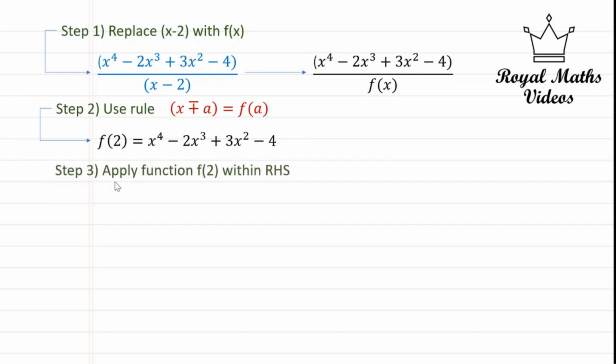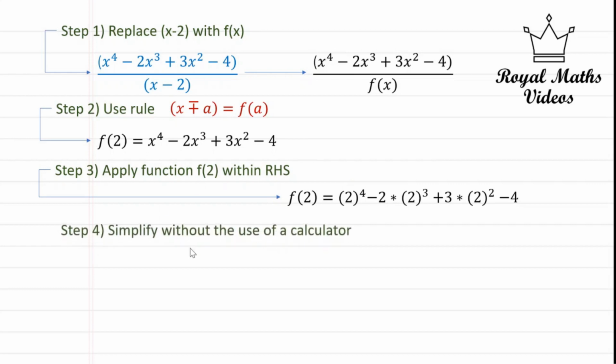So step 3 is to apply f of 2 within the right hand side. So we need to replace all of these x variables with the number 2. As you can see here, f of 2 is equal to 2 to the power of 4 minus 2 times 2 to the power of 3 plus 3 times 2 squared minus 4. So once we've replaced all of the x values with a 2, the next step will be just